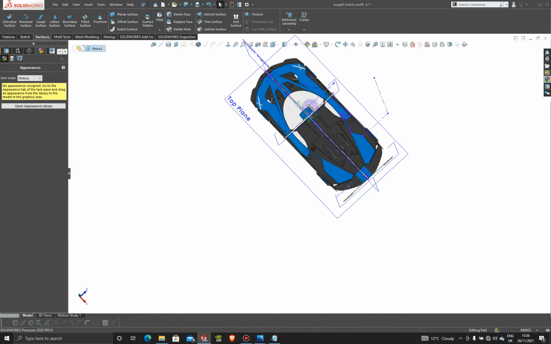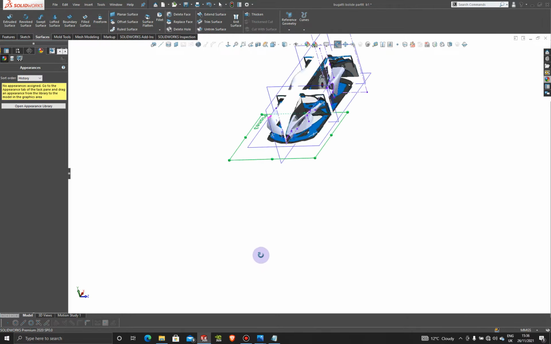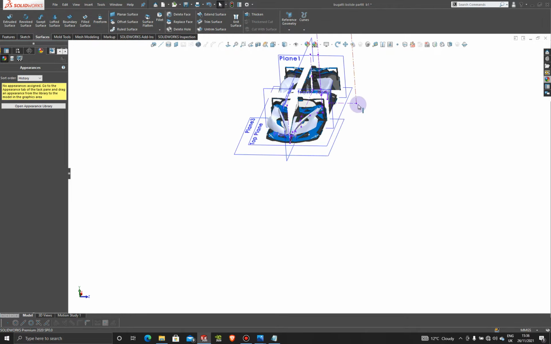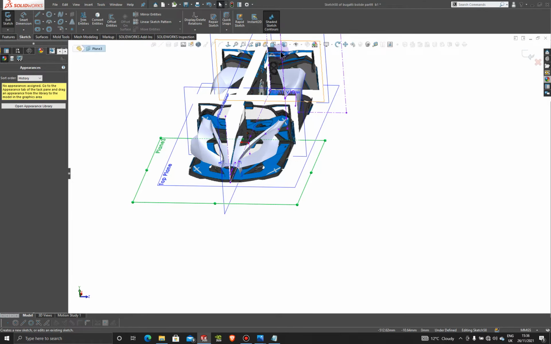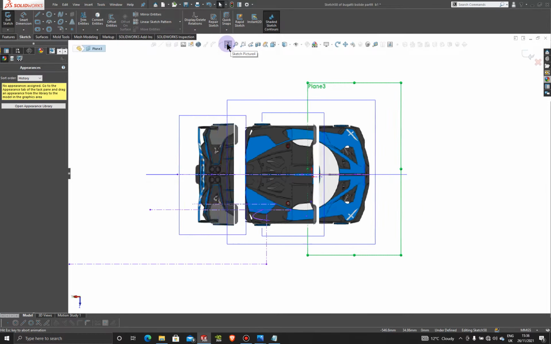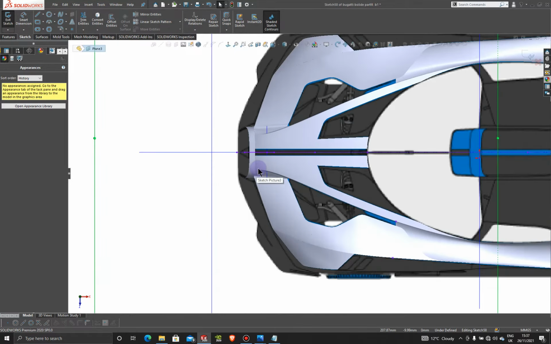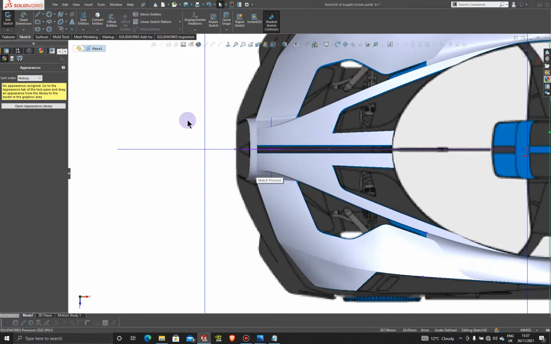I want to make this plane pull out to here so we can see our plane. So it's going to be plane 3. Let's not forget that. That's what we're going to be working on. So plane 3, let's click on plane 3 and we're going to make a sketch on plane 3. Of course, normal to profile. And let's make a sketch on plane 3, and we're going to use this edge here, of course,